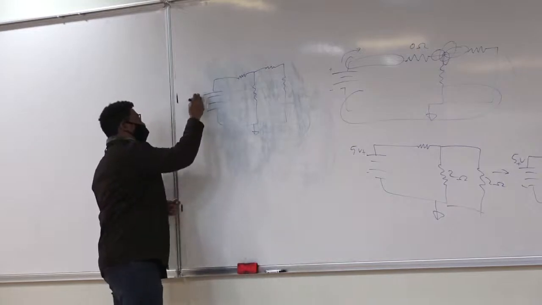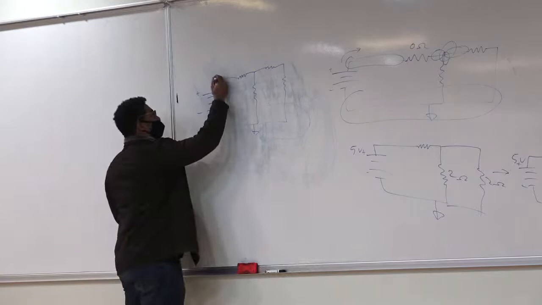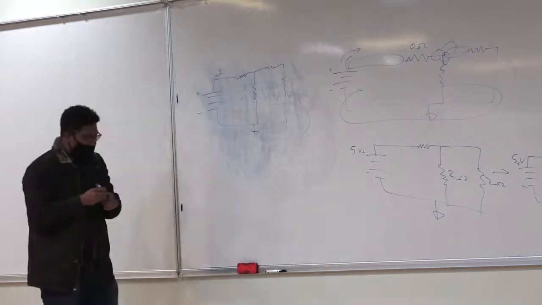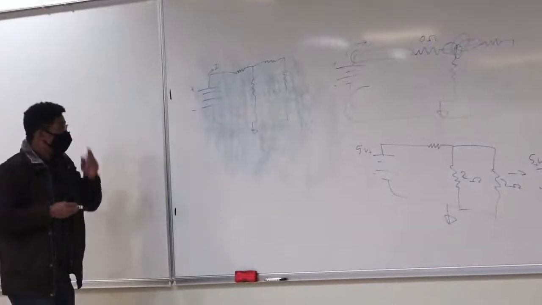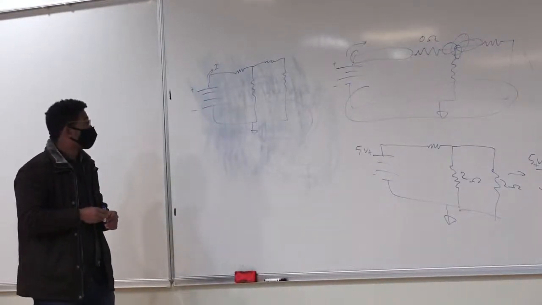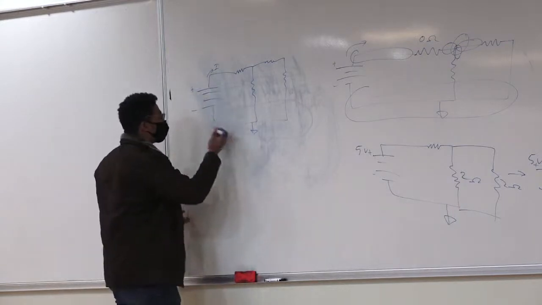So in this example, if I have a current going out like this, and the general flow is going